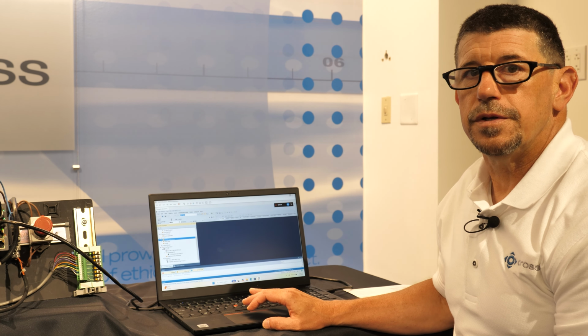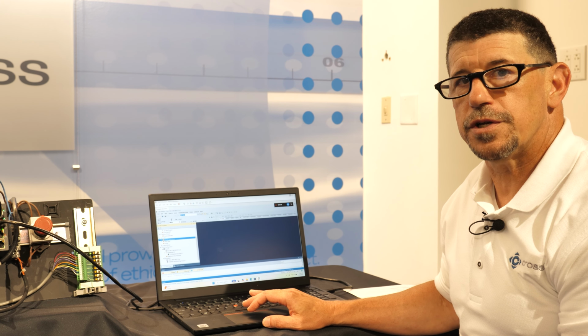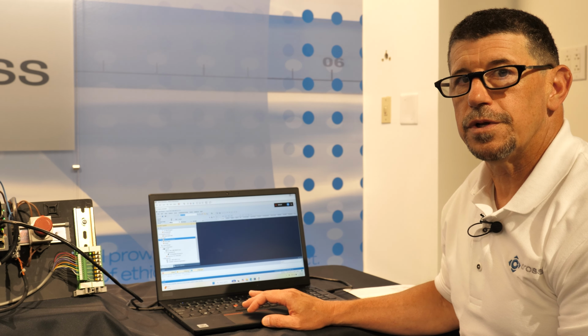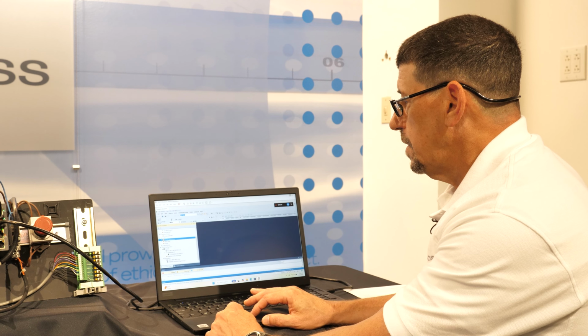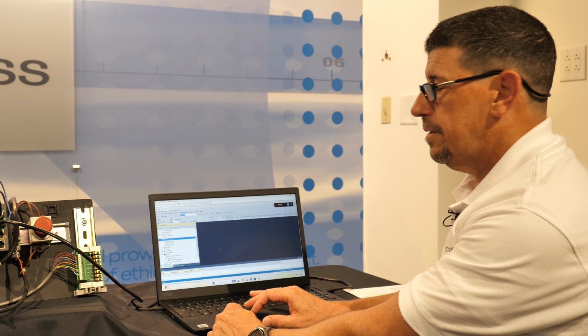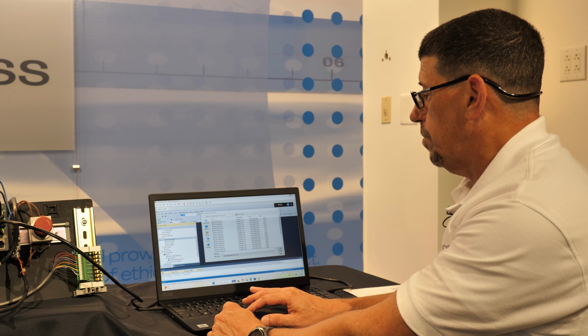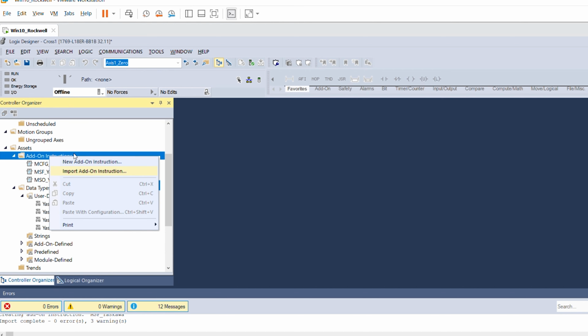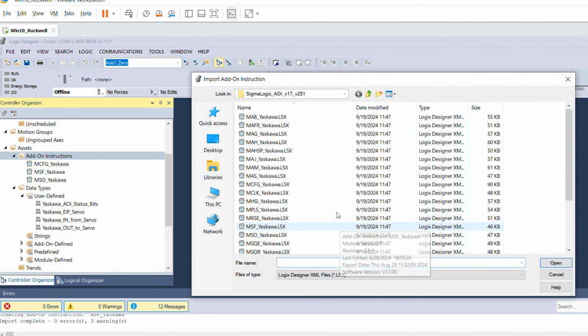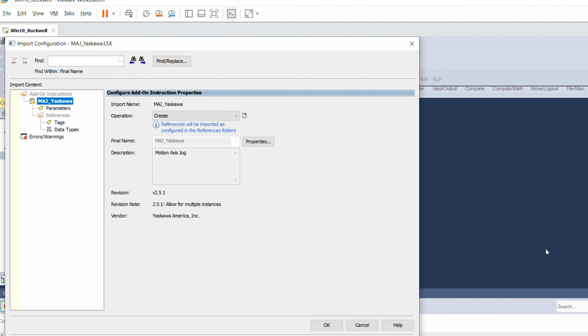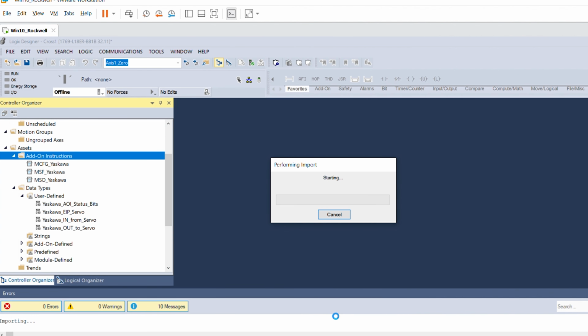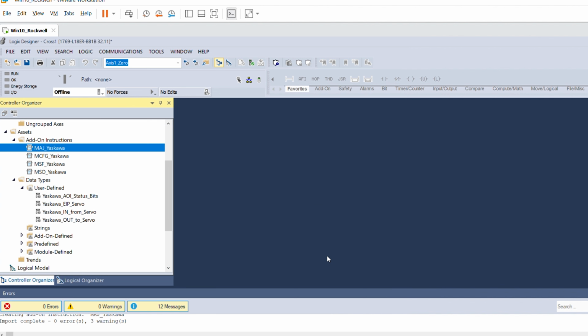So now that you've downloaded the AOI file and unzipped it, it's time for us to import the instructions into the RSLogix 5000 software. I previously have already imported several, but to take you through the process, just to show you how it's done, I will go and import one more instruction. This is our jog instruction. And that's as simple and quick and easy as it is to bring in and import the AOI instructions into